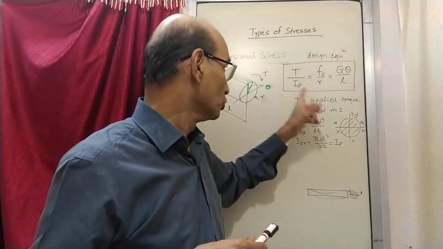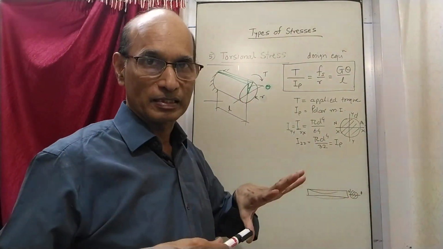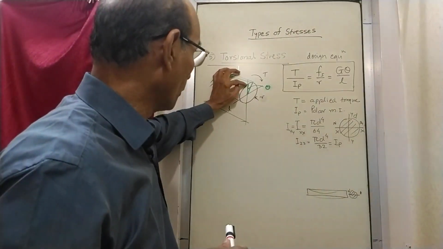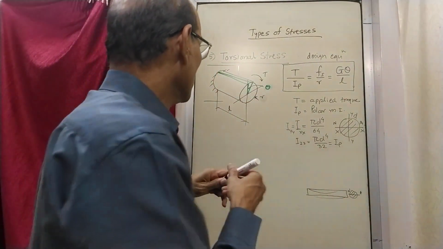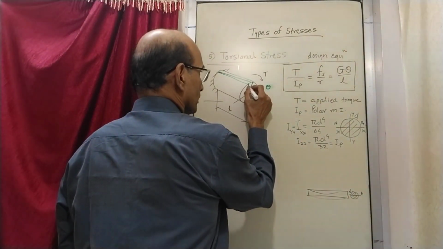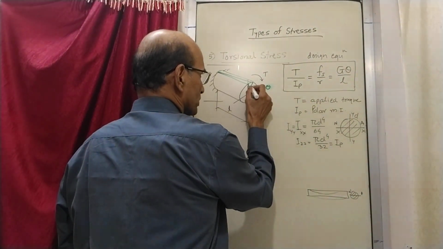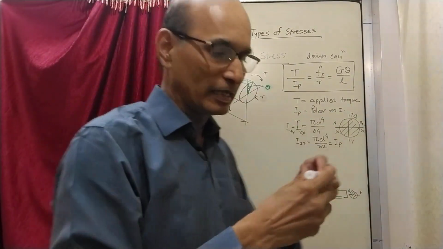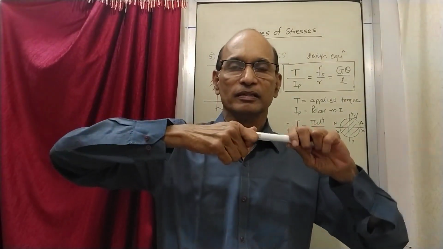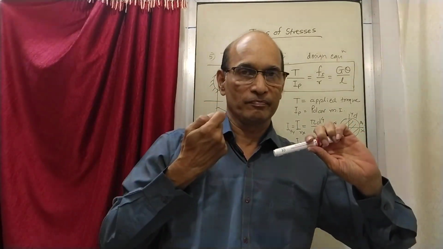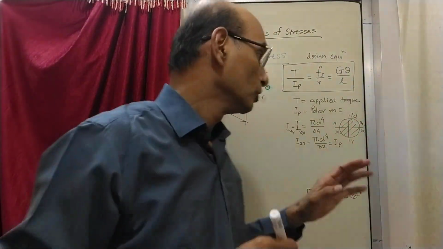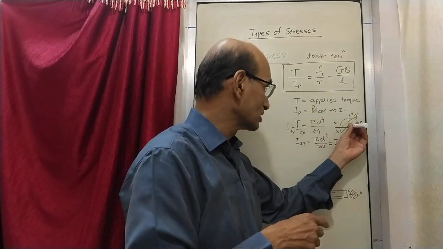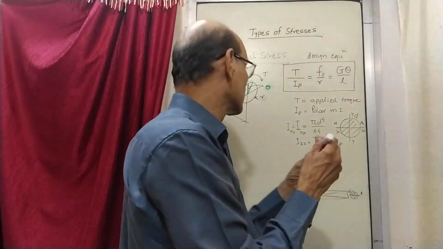Now when you do this, where is the neutral axis? When you are twisting like this, you will realize that the top fiber is twisted by this much, then somewhere here the deflection is this much, and at the center, the line at the center, when you twist, that line will be unaffected by the twist. So it is something similar to a neutral axis. So therefore this is perpendicular. So the neutral axis is like this in this situation. It is in this way.